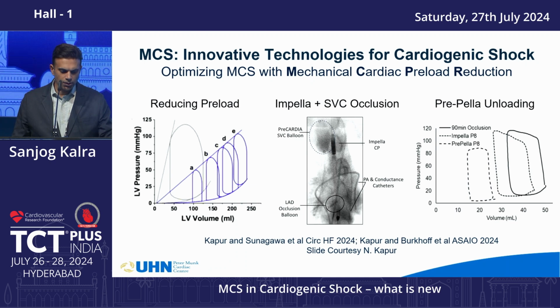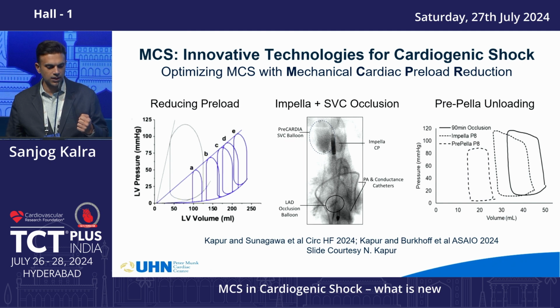This is from Naveen Kapoor as well, using the device formerly known as Precardia. This was bought by Abiomed as well, where it's effectively a balloon that gets inflated in the SVC. And what that does is control right heart filling and right heart pressures, and therefore systemic venous pressures that drive the venous segment of cardiorenal syndromes. And when you combine an Impella, which is the left-sided support device, with management of RV filling using this Precardia device that's placed in the SVC, what you actually get is a change from an Impella PV loop